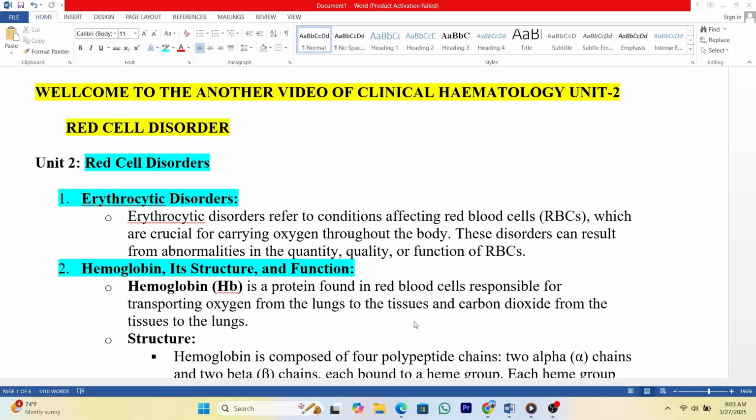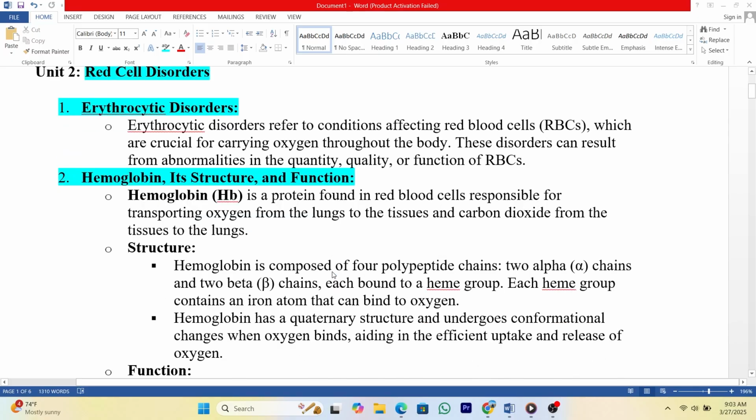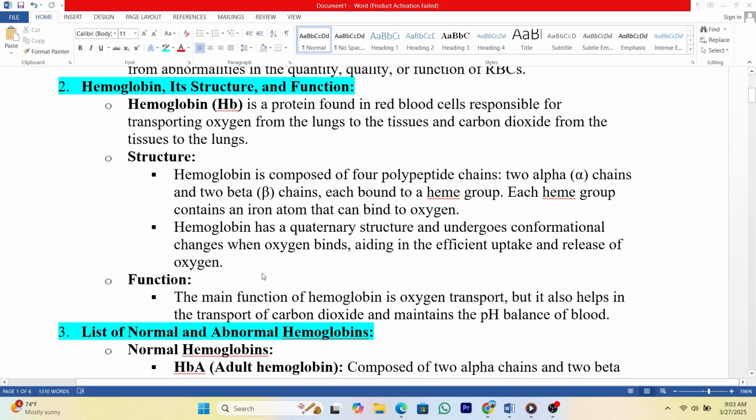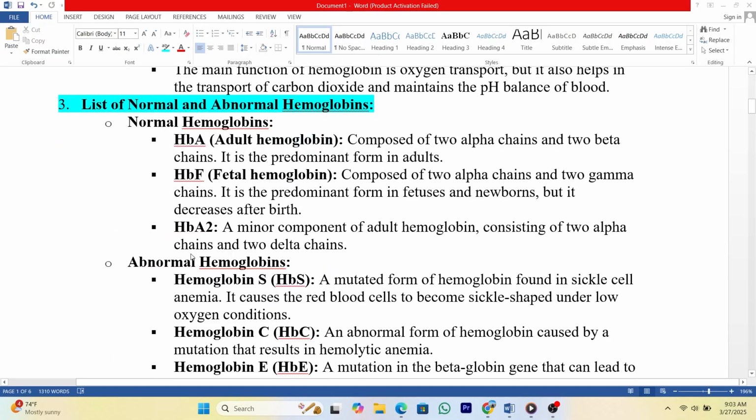Structure. Hemoglobin is composed of 4 polypeptide chains, 2 alpha chains and 2 beta chains, each bound to a heme group. Each heme group contains an iron atom that can bind to oxygen. Hemoglobin has a quaternary structure and undergoes conformational changes when oxygen binds, aiding in the efficient uptake and release of